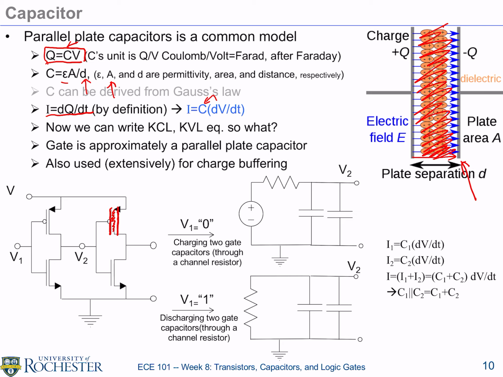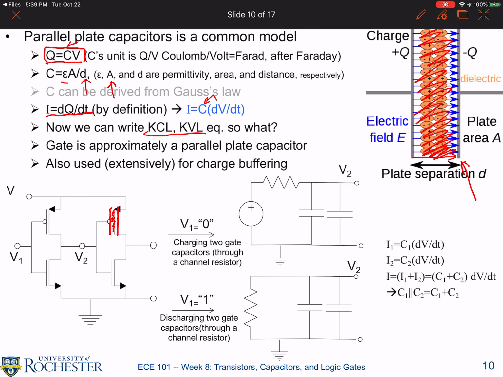It's no longer an algebraic equation. So we can write KCL, KVL, except now we're writing differential equations, okay? And we will see how to solve them kind of just intuitively later on, but now I want you to see a little bit about how